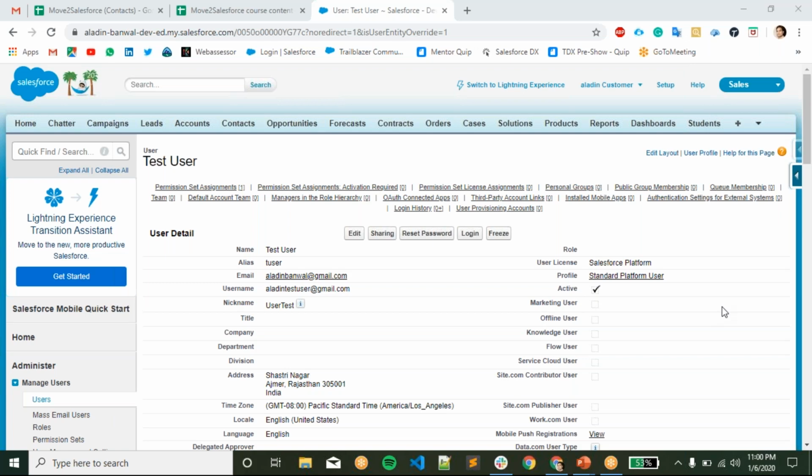So I'll give you some scenarios, and try to build those scenarios, try to work on those, on the formula field, on the validation, on the cross object formula and all. Please try to work on that so that you can get more understanding. And if you have any doubt or any question on that, I'll be available to help you out. You can WhatsApp me, you can email me, or you can directly call me anytime.